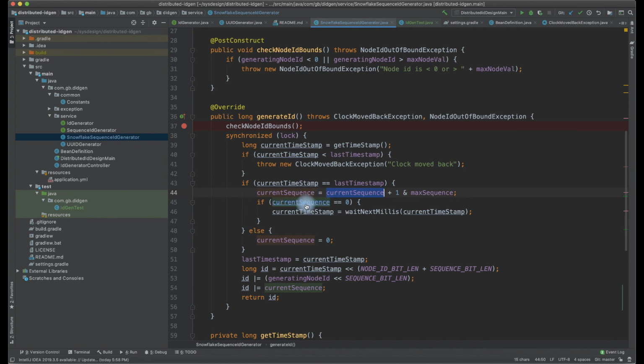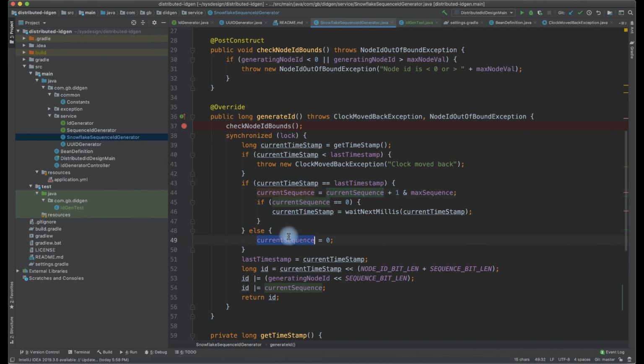If the current sequence is 0, then it means we have exhausted all the sequence numbers that we have, so we wait for the next millisecond. So what is the delay here? We might end up delaying the request. If there are 4000 requests which landed on the same machine, we would end up delaying our ID generation by only 1 millisecond. That will ensure uniqueness, but it should not happen because it is a highly load balanced environment.